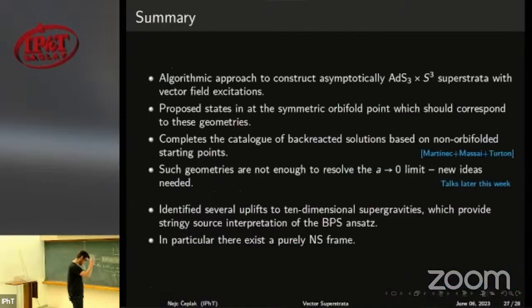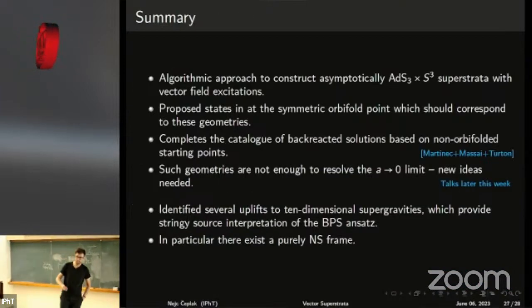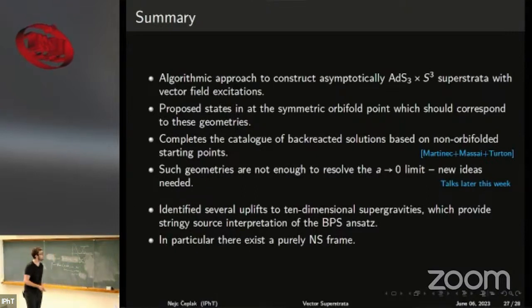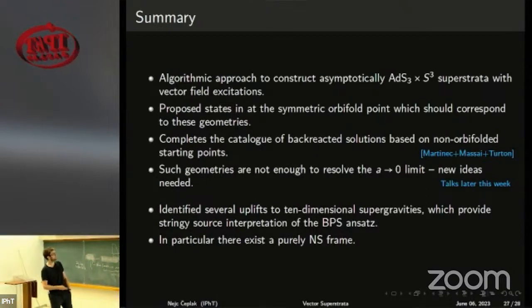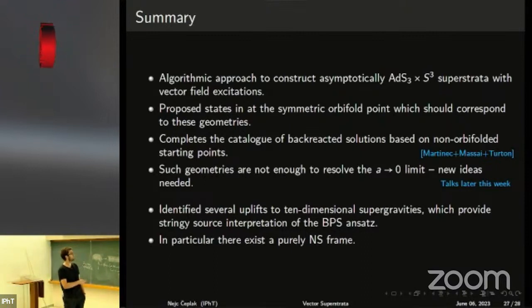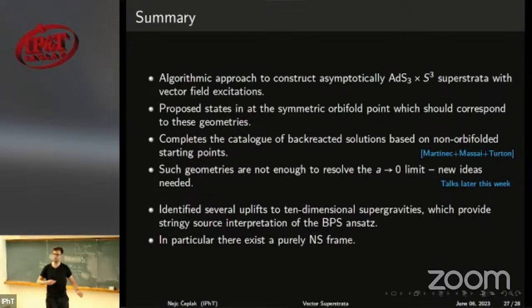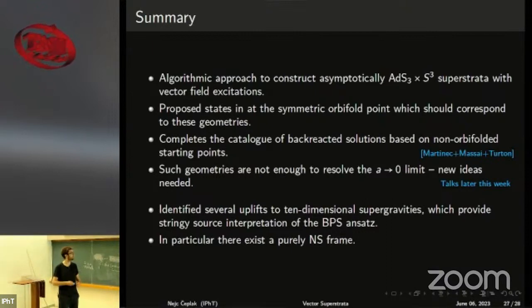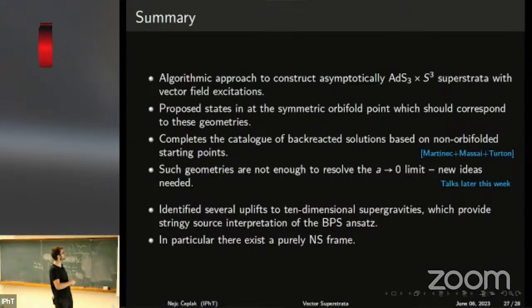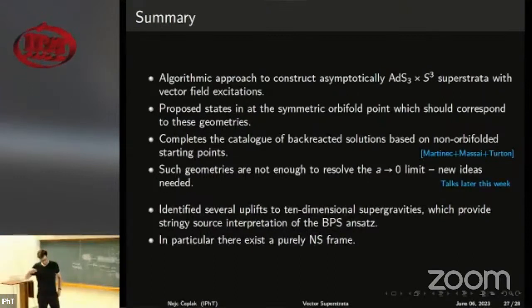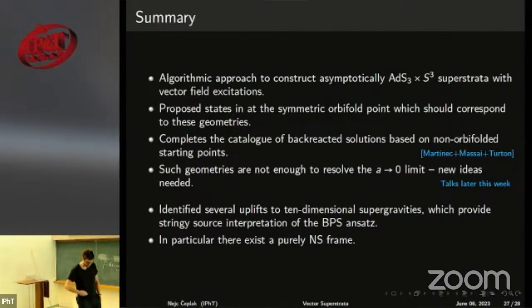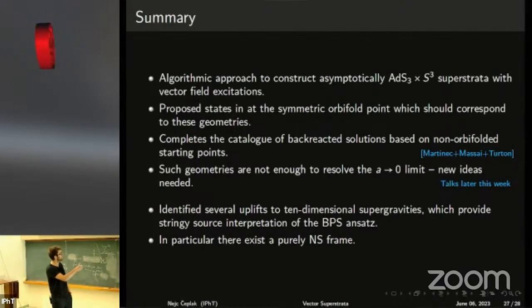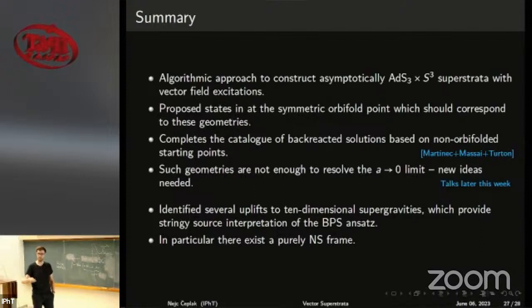Summary. So what I've presented now is an algorithmic approach of how to construct asymptotically S3 cross S3 superstrata which have vector field excitations. I've proposed some states in the symmetric orbifold point which should correspond to these geometries, and shown that this proposal passes some zero order tests. And as Stefano was discussing before, this should complete the catalog of all back-reactive solutions which are based on orbifolded